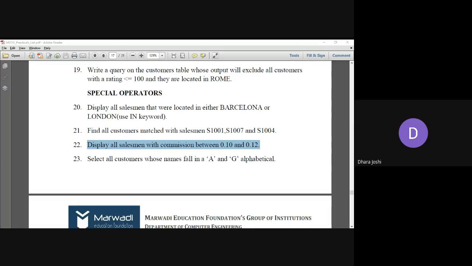Okay, it will be right, but as we are using the special operator, if you use between, it is fine. Akanksha, we didn't want to print only the commission column. We require all the columns. That means you need to replace the column name after the select command with a star. So write select star from the table name, which is salesman, and if possible, use the between operator. Can anyone do it with the between operator?